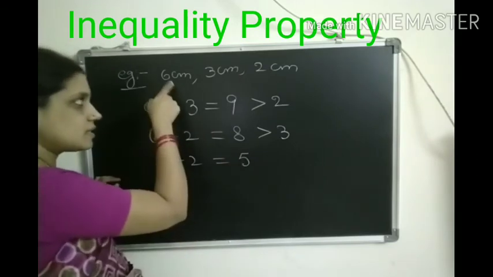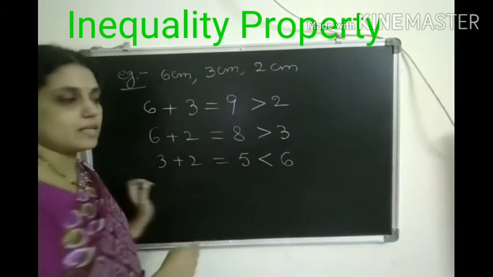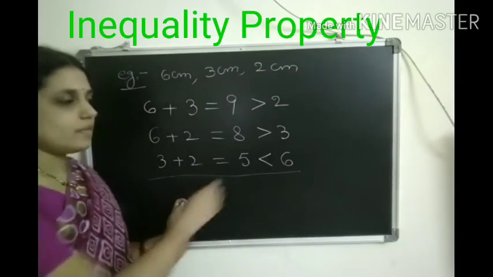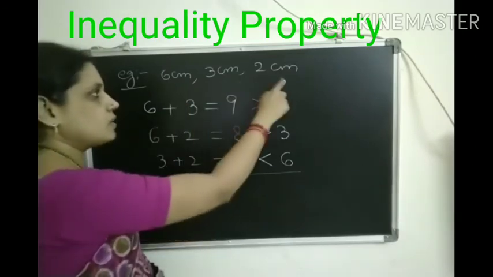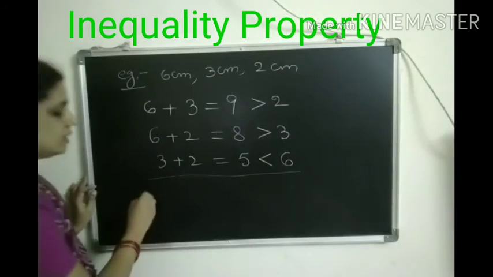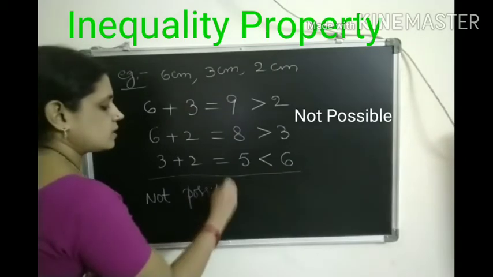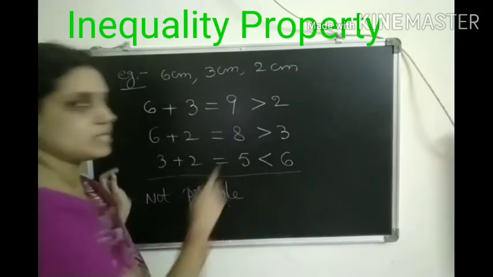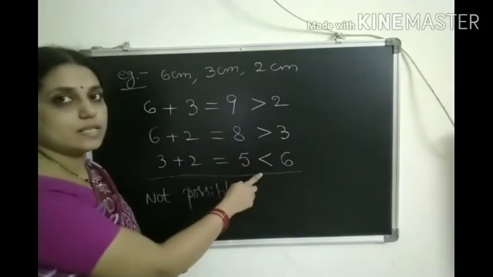Here the third side is 6, but 5 is less than 6. It is not greater than the third side. The sum of two sides here in this third pair we got, it is less than the third side. Okay. So it is not at all possible to form a triangle with the given measurements. So not possible to construct a triangle with these measurements. Understood, children? So every pair, all the three pairs you have to check. Actually it is true for two pairs, but it is smaller than the third side for the third pair. Okay, then also it is not possible.